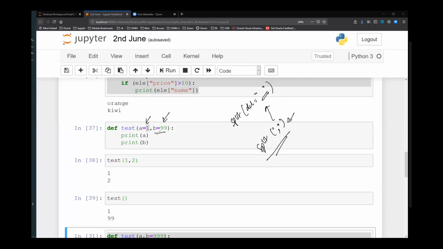All the default values should be towards the end. Fixed parameters which will require a value from the user will be on the left hand side. Everything that can take a default value will be on the right hand side. Okay, that is how it works. So that is one.